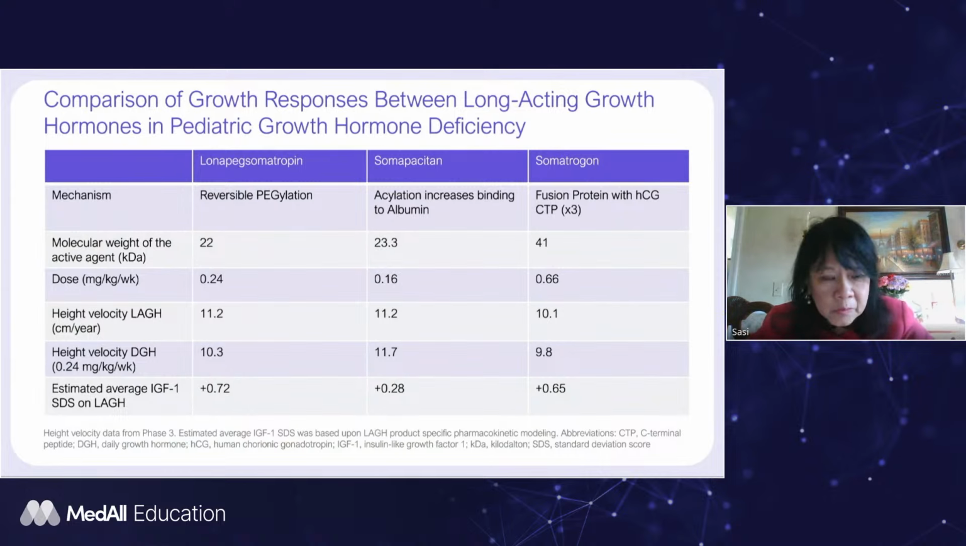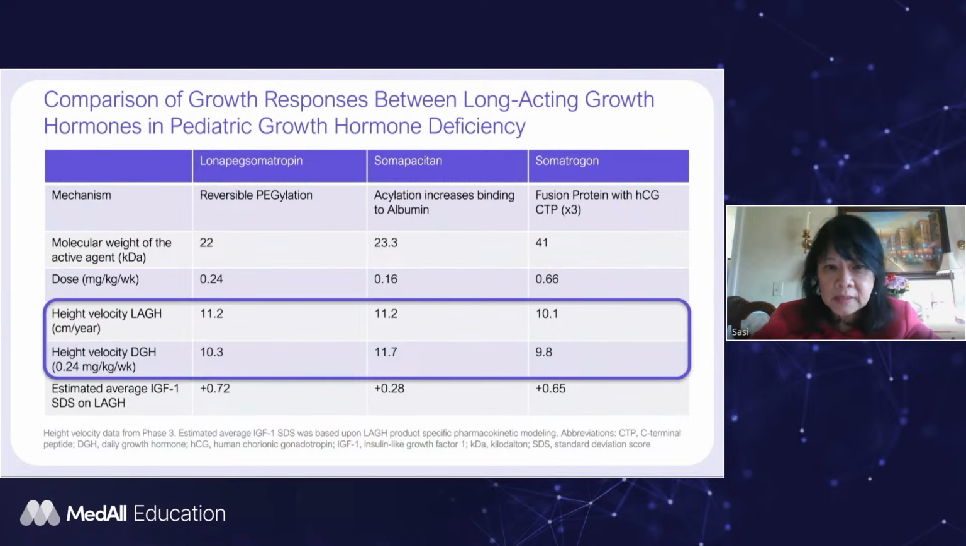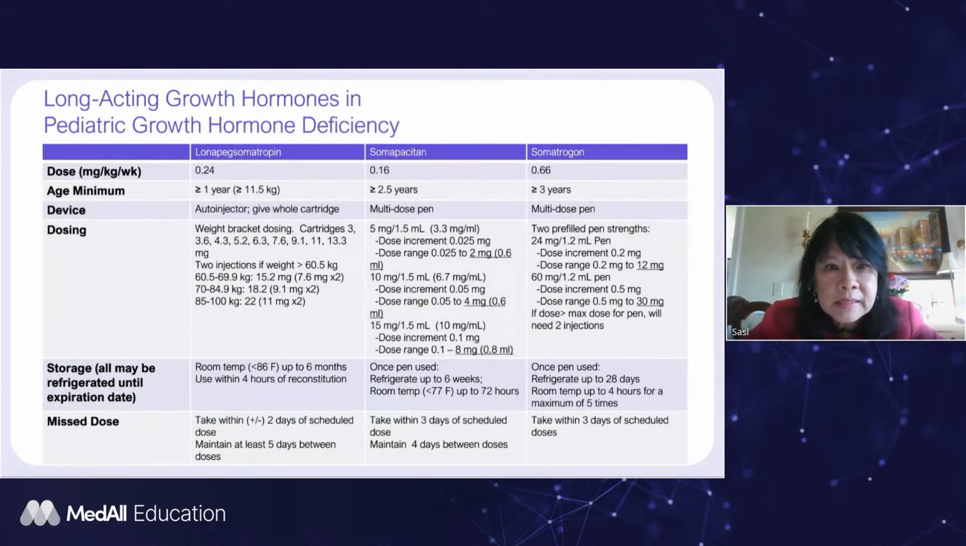So, the growth response is pretty much identical to daily growth hormone. And if we look at the average IGF-1 level on long-acting growth hormone, the standard deviation is about 0.72, 0.28, 0.65. So it's very safe when we look at the IGF-1 level. And here, if we compare how we dose growth hormone for different types of long-acting growth hormone,